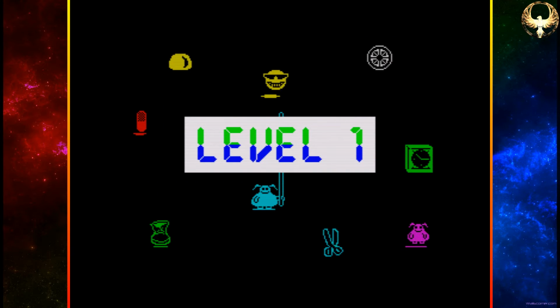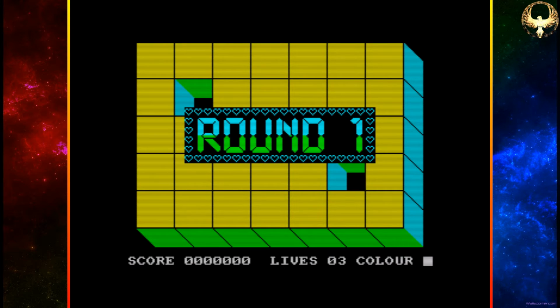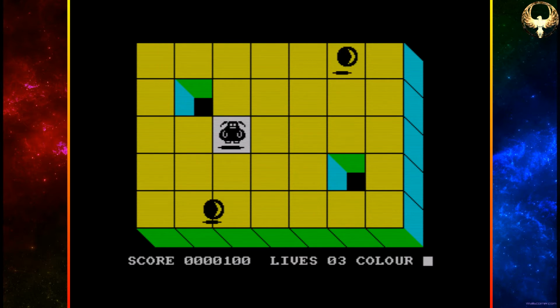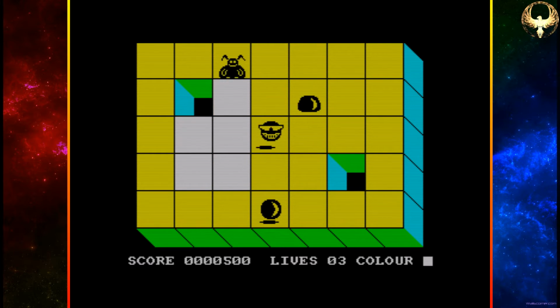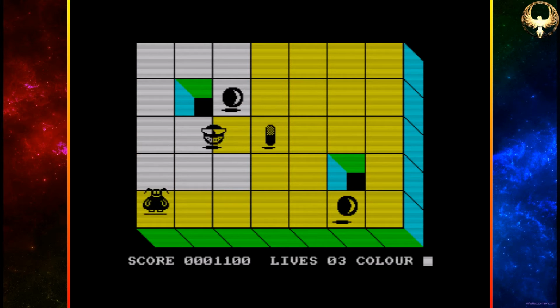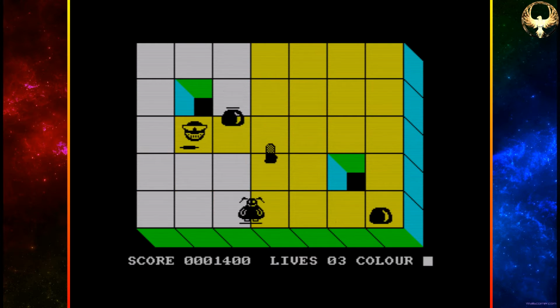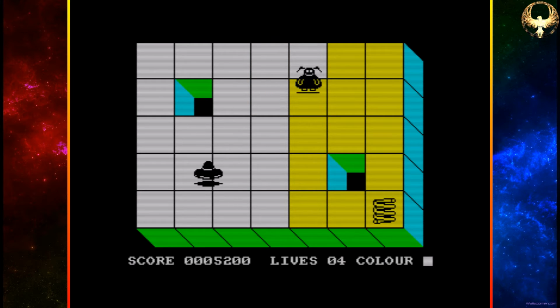Level 1. Now this was only 48k, ladies and gents, so bear that in mind while we're watching this video. While you're watching this video, I'm playing it. Okay, so there we are. It's a one-screen game, and it's grids. And what you've got to do is turn the squares the colour that it shows in the bottom right-hand corner, which is easier said than done. Yes. Right, so you have lots of squares to fill in,